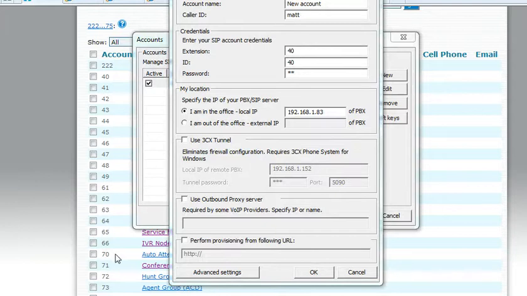And in just a couple seconds here that we have left, we want to set up an extension. You're going to want to first of all go into your Windows and turn off the firewall, and then all you need to do is type in the extension ID, password, which is the